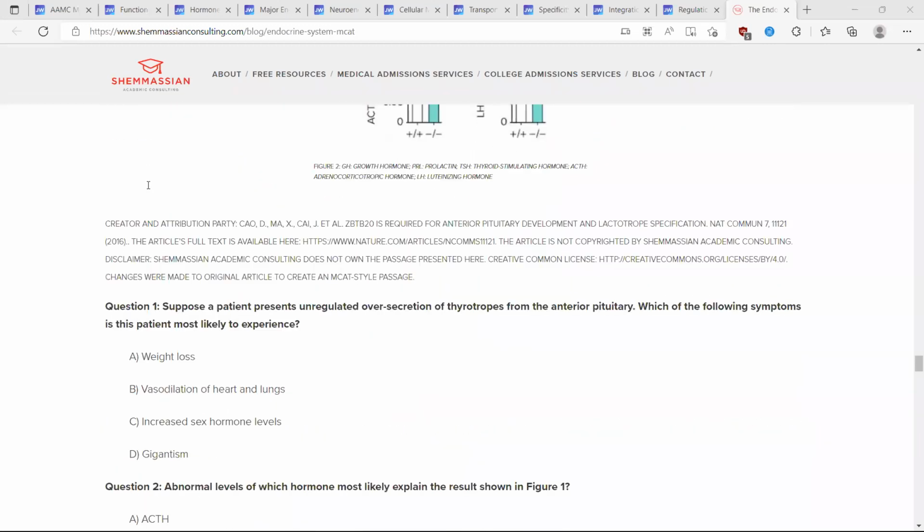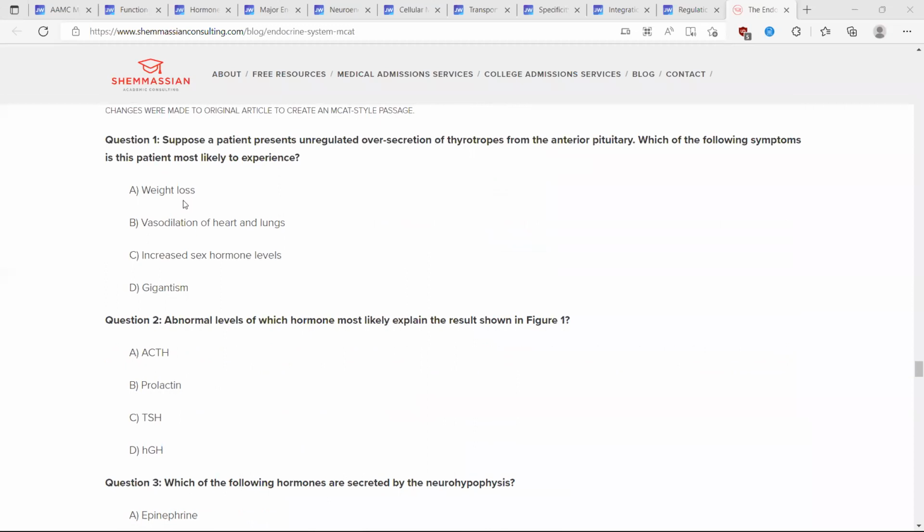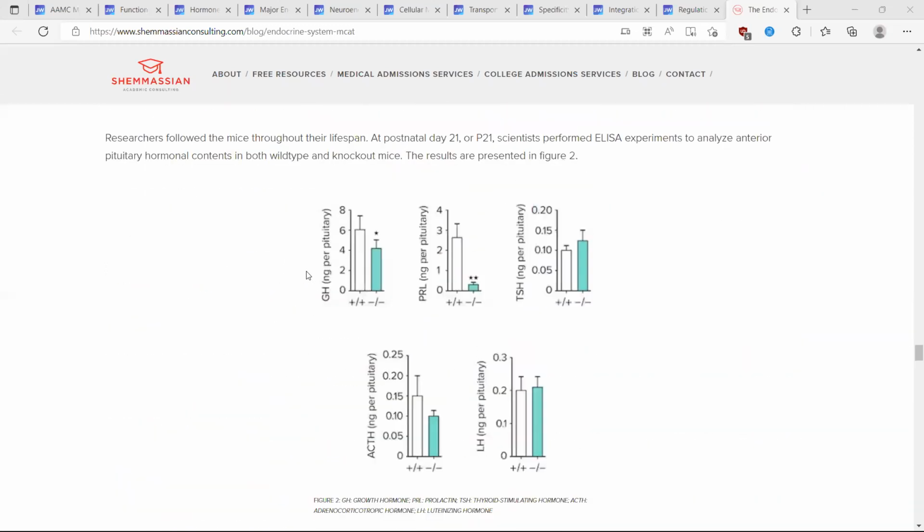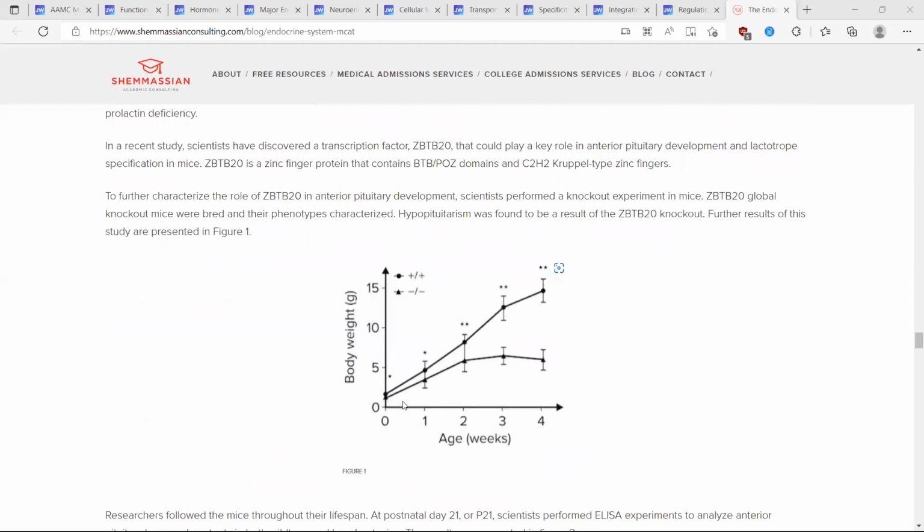So what was I doing? Abnormal levels of which hormone most likely explain the result shown in figure 1. So the result is that over time, the body weight decreased for who? Did it decrease for the normal or for the knockouts? For the knockouts, right? These are the knockouts with the triangle dots. And it's a significant decrease, right? Notice the gap between these confidence intervals. So this is a significant decrease between these two